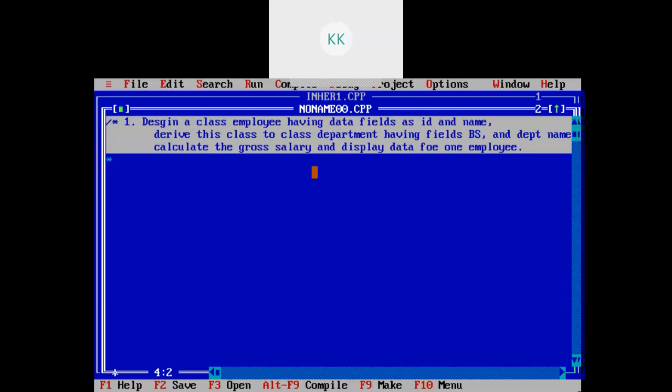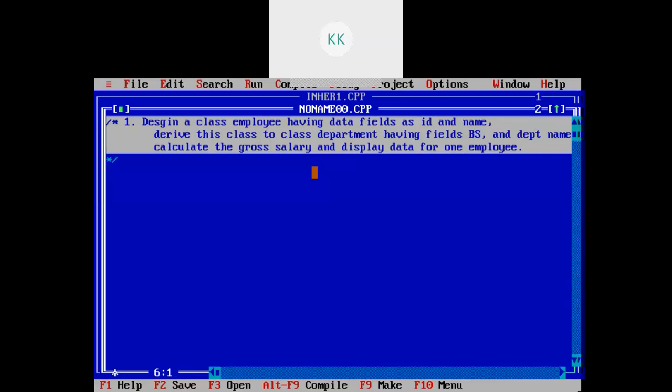We need to design a class employee having data fields ID and name, then derive this class to a class department having fields basic salary and department name. Calculate the gross salary and display data for one employee.